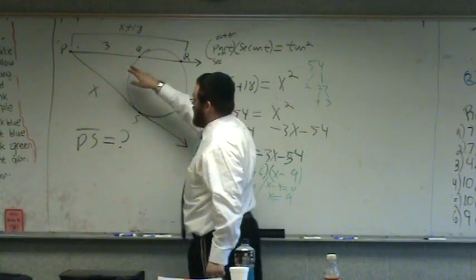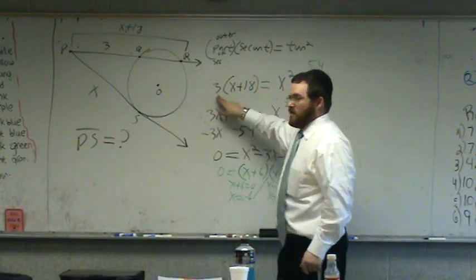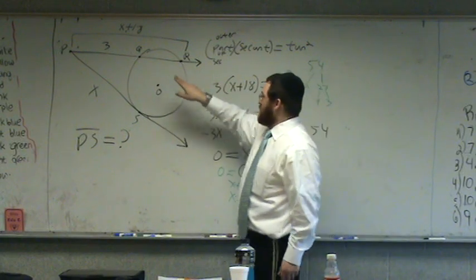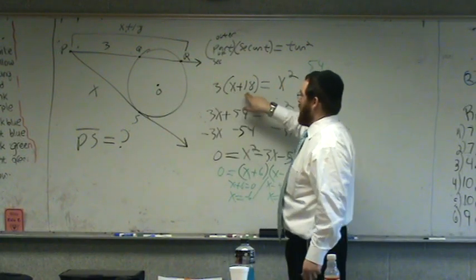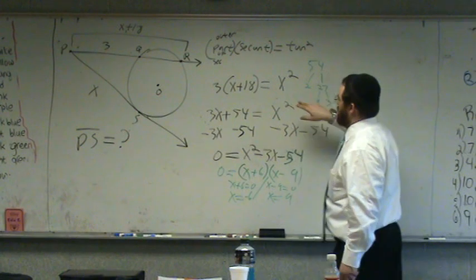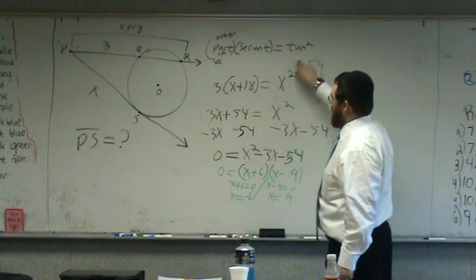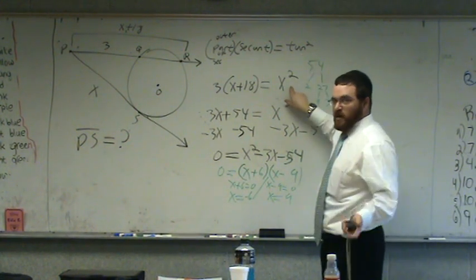Well, we know the part of the secant outside the circle is 3, and the whole secant, which you're multiplying by, is x plus 18. And we know it's equal to tangent squared, which is x squared, because tangent is